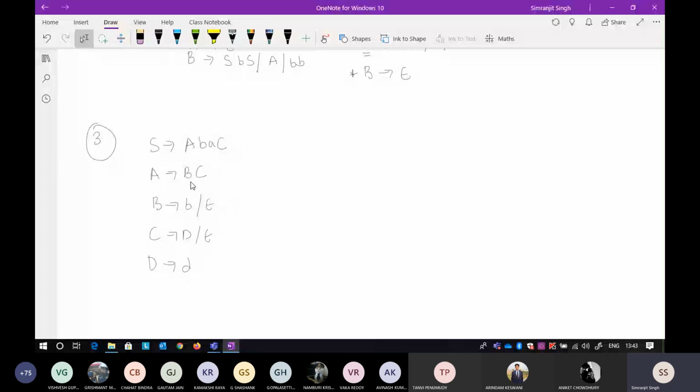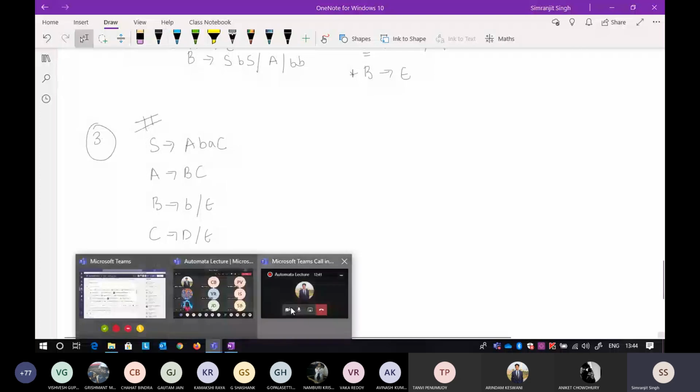Okay, so when you put this as epsilon, first time it will be B, second time it will be C, and third time it will be epsilon. So again you have to eliminate the A tends to epsilon production also. So this is a two-step question. Just try it yourself if you understand this one. I'll tell you the answer in like 2-3 minutes. First of all you try it and I will tell you the answer. So take like 2 minutes.